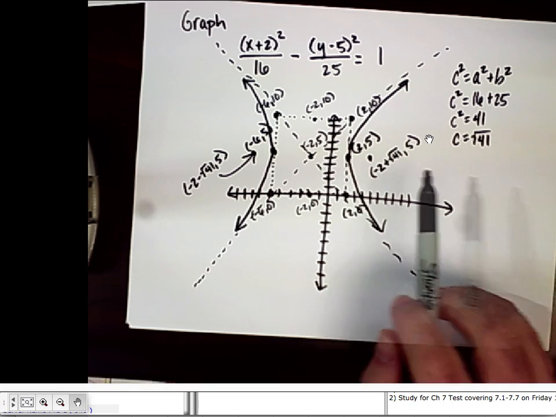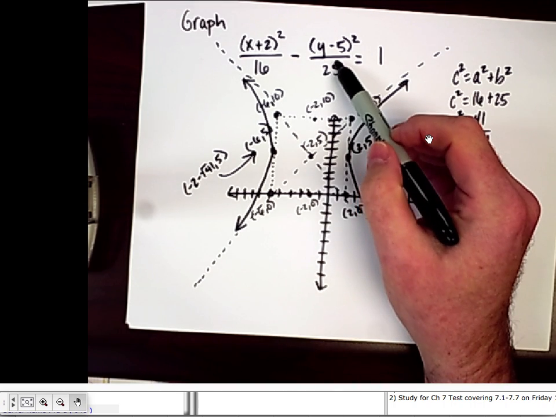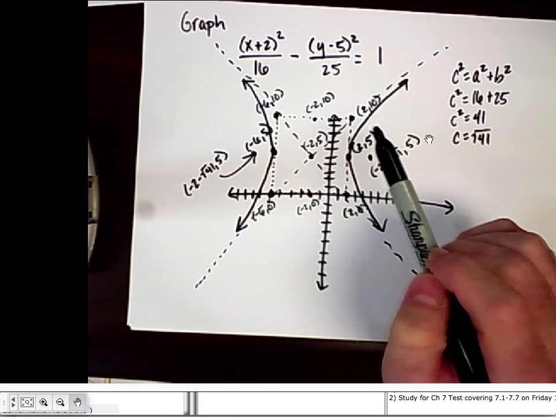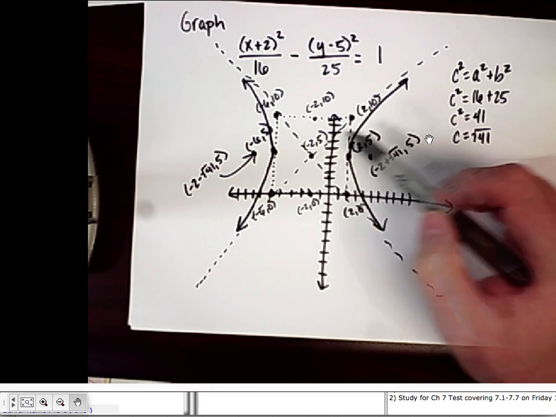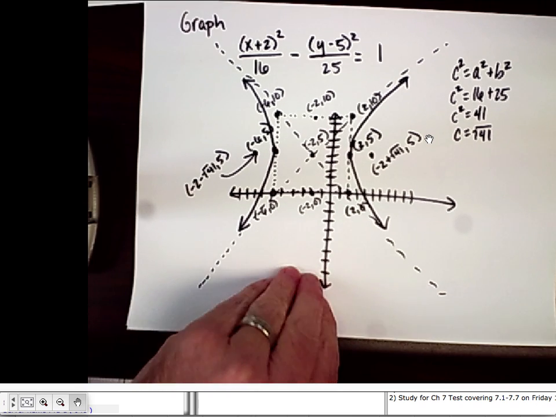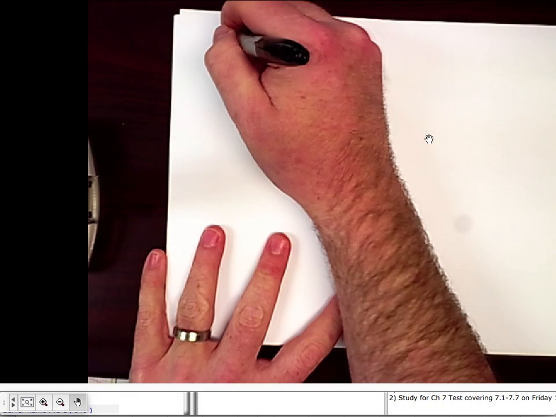And the slope ends up being either a over b or b over a. Okay? It's whichever one is y over whichever one is x. So in this case, it would be 5 over 4. So this would be positive 5/4, this would be negative 5/4, would be the slope. But if you forget that and just have the 2 points, you could find the slope of it. Okay? All right, let's do a couple more. All right. So let's say I ask you to graph